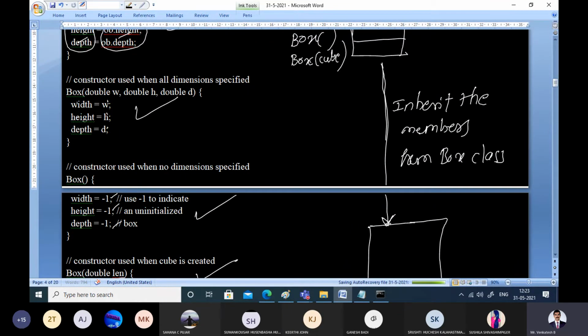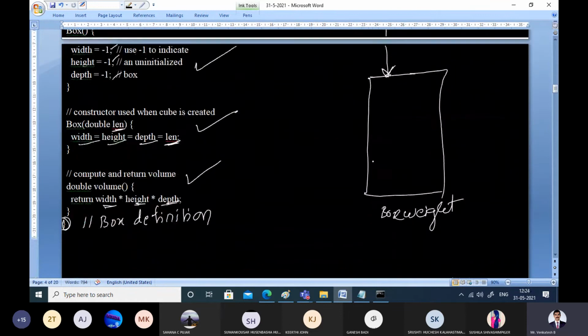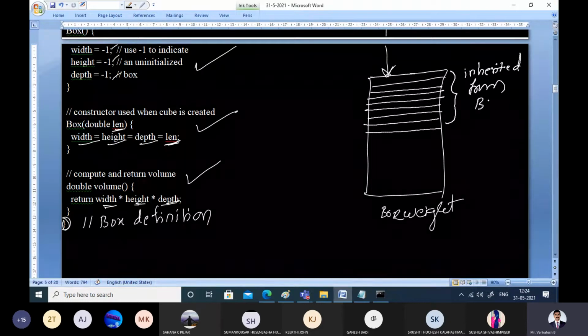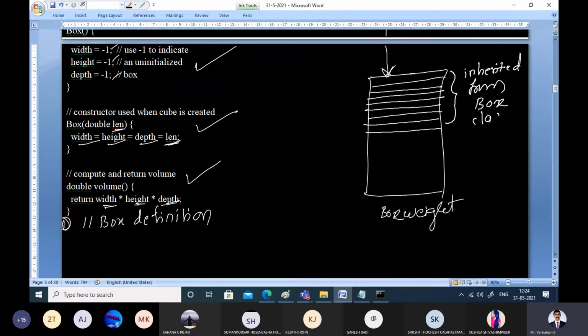All these members will have their own copies here, which I need not show you now. What are the members? Width, height, depth, four types of constructors and the volume function. All of them are members inherited from the Box class.